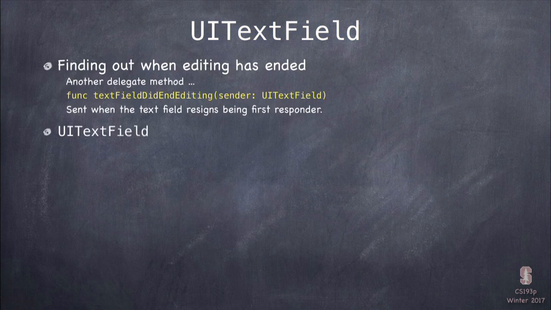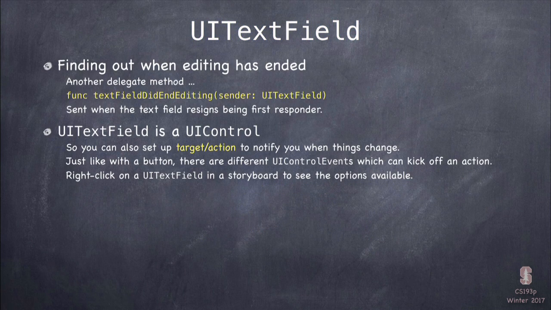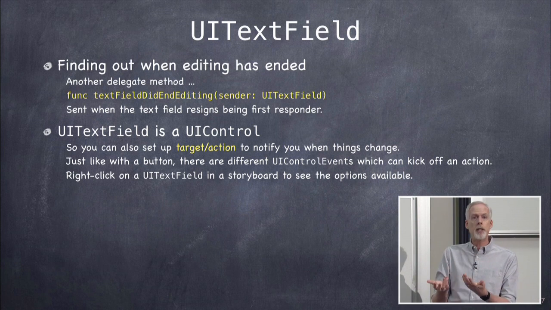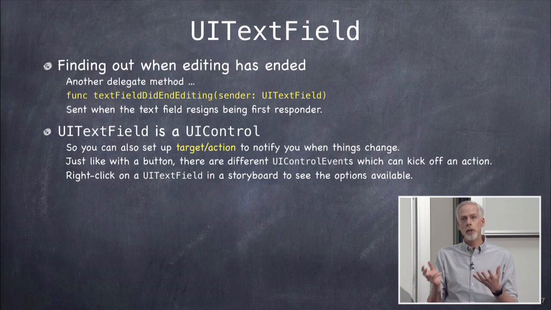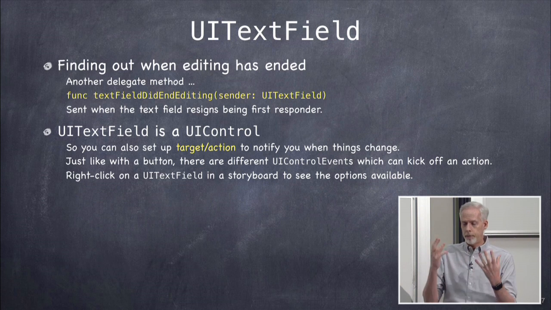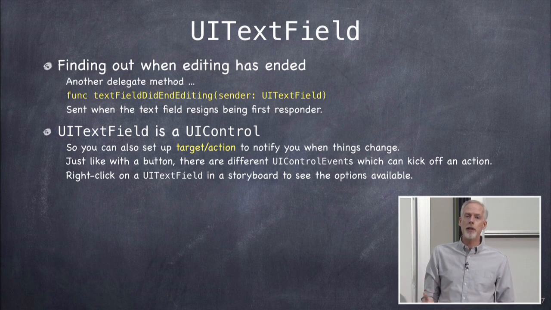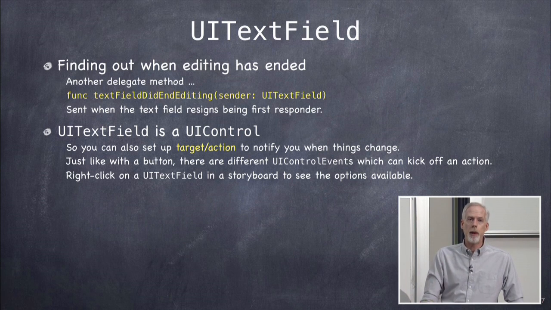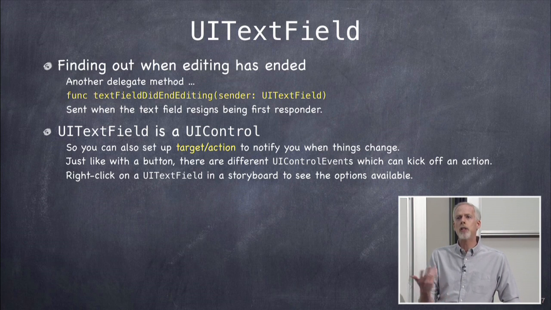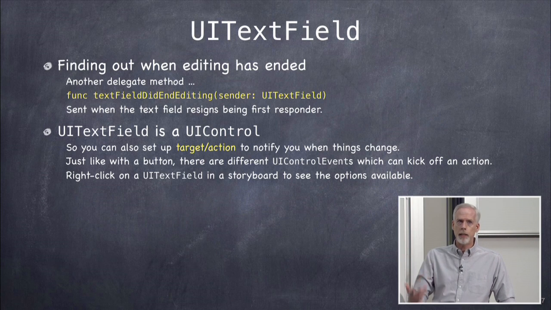All right. What other delegate methods does a text field have? You can find out every time it resigns first responder, it will send its delegate the method did end editing. So this is a good way to find out, oh, I better get the text out of there and go do something with it because someone hit return or did something that caused resign first responder to happen. So this method gets sent to you. In fact, this is probably a more common way to get the text out of a text field than target action. Okay, is to implement its delegate, and in did end editing, you get the text out of there. Or you could even grab it out of there in should return if you want.